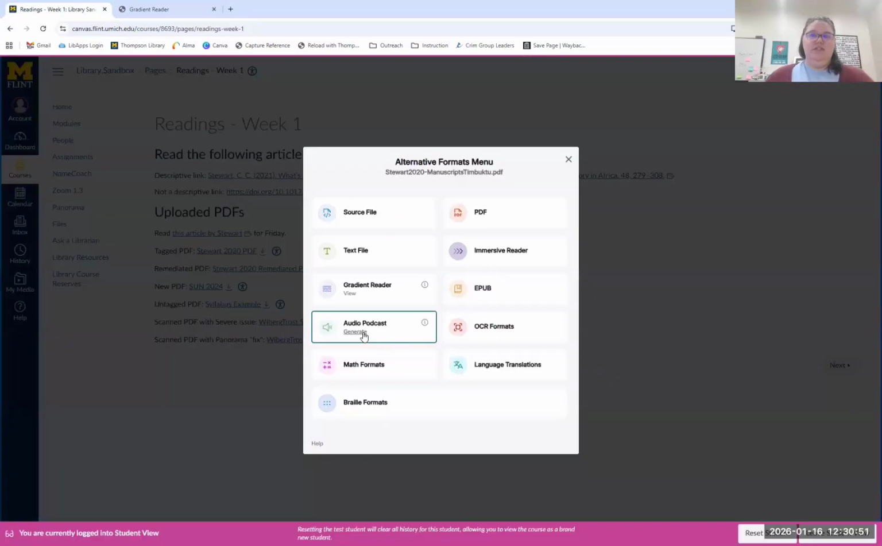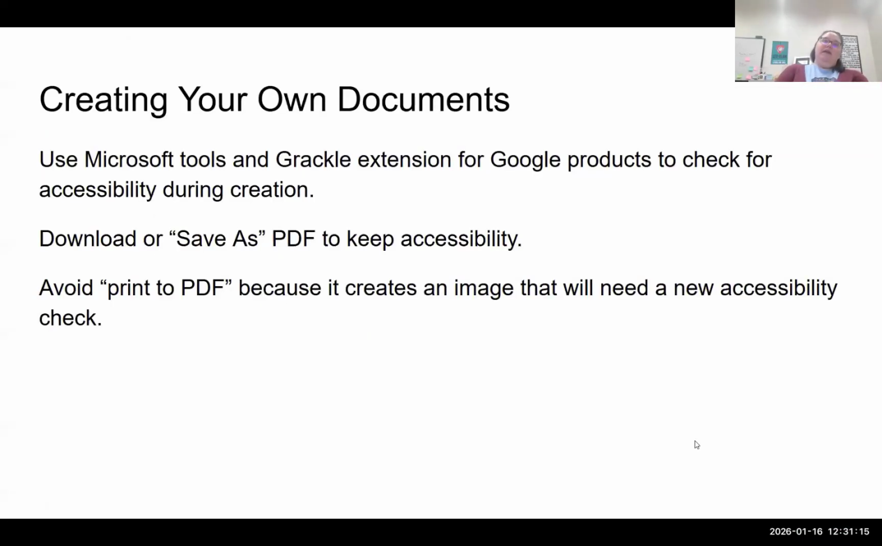And then there's even things like you can generate an audio podcast, or if someone is a Braille reader, they can request that as well through here. You can even do some language translations. I have not been able to vouch for those myself, but there's options here for them to access these. And then finally,